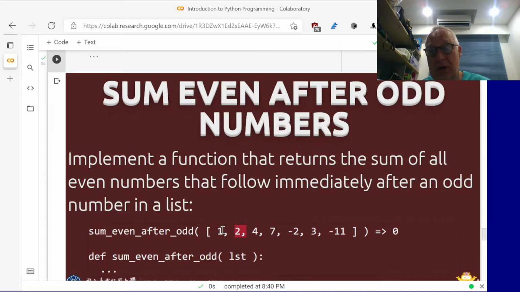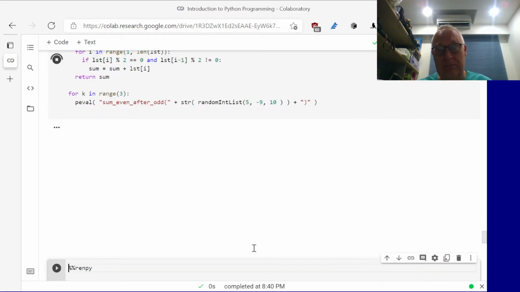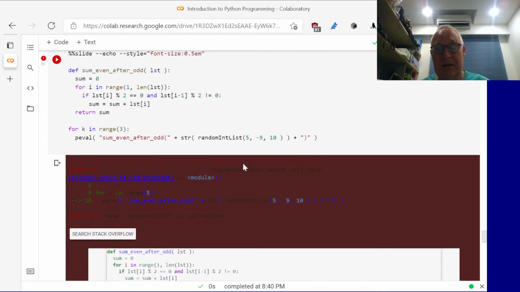So this 2 is after an odd number, so that's counted. The 4 is not counted because it follows an even number. 2 is even. So this doesn't matter. And then the -2 follows an odd number. So I have 2 minus 2. So the output will be 0. So to implement that,